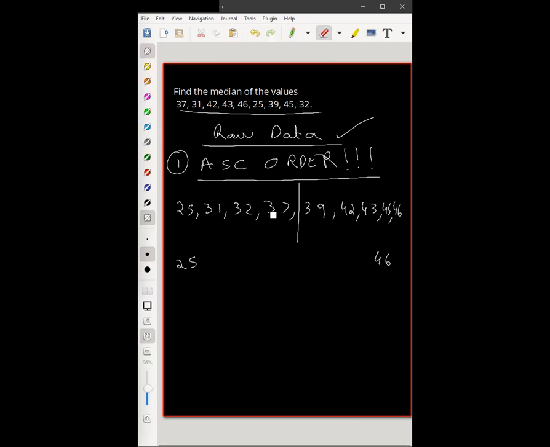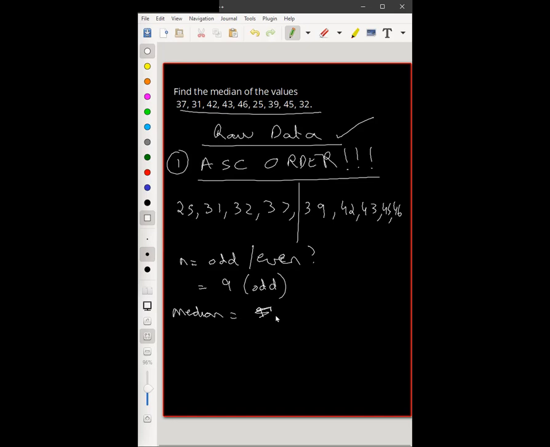Please think a little bit. How do we find the median, Arpita? What were the two conditions? First we have to arrange it in ascending or descending order. We did that already. Then what do we do? We have to find if the number of observations is odd or even. How many observations are here? So 9. Is 9 odd or even? So odd. So what is the median there?